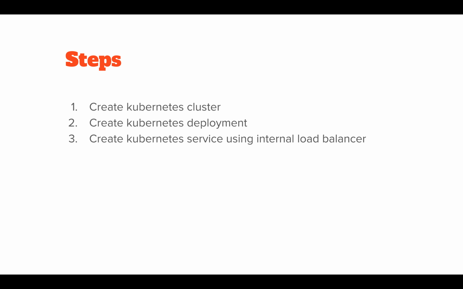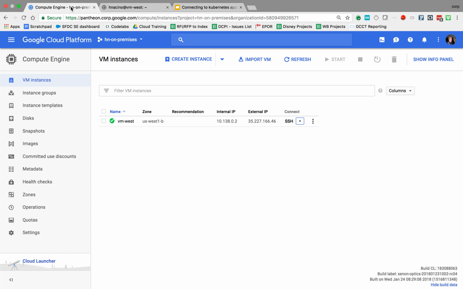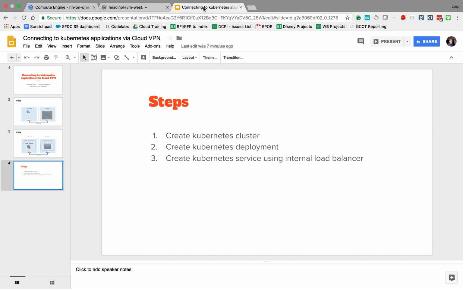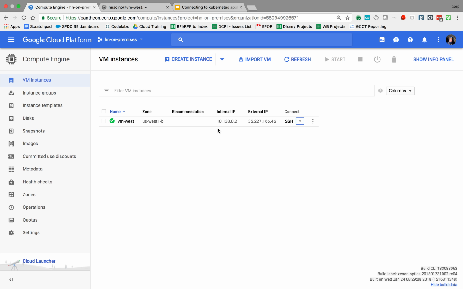All right, so let's do a quick look at this. This is my on-premises project, and real quick, I'm not going to go through the configuration of VPN, but I have an instance running in US West B, like I showed here. This is in my West subnet. So I have an instance running in US West B, and I have an internal IP address inside that CIDR range. And I'm just going to test that I have connectivity going out